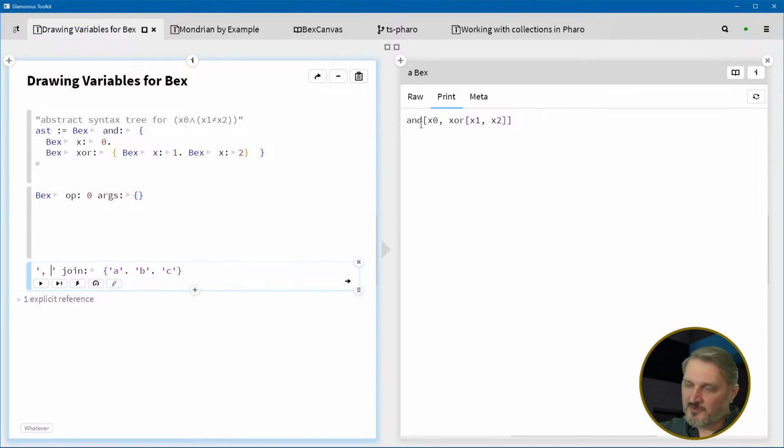Right, yeah, it took everything that was up to that point and then used that as the joining mechanism. All right, so that's what I want to see. So now that's a very rough visualization as a text string, and now we want to draw it, right? All right, so we need a